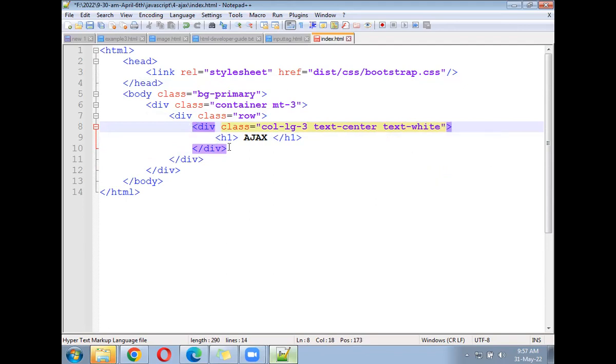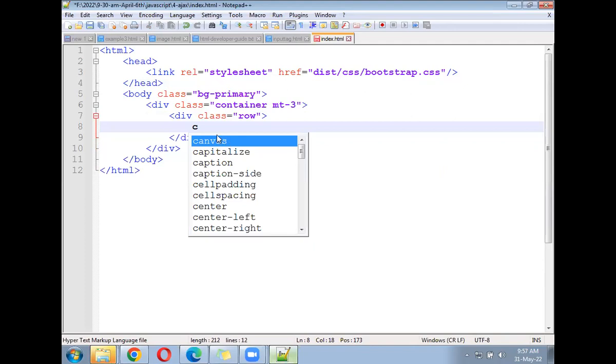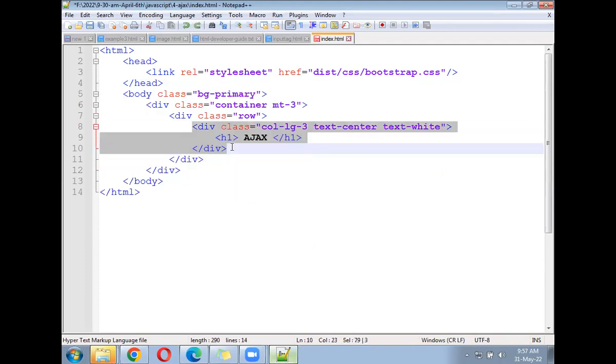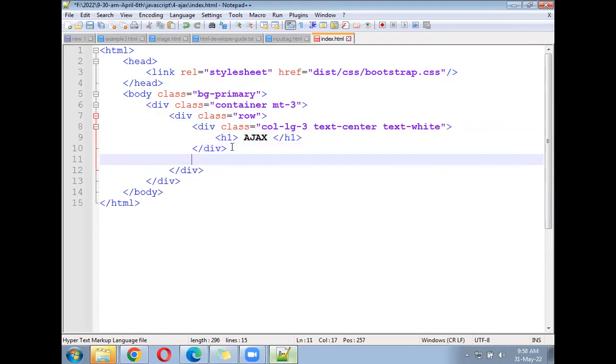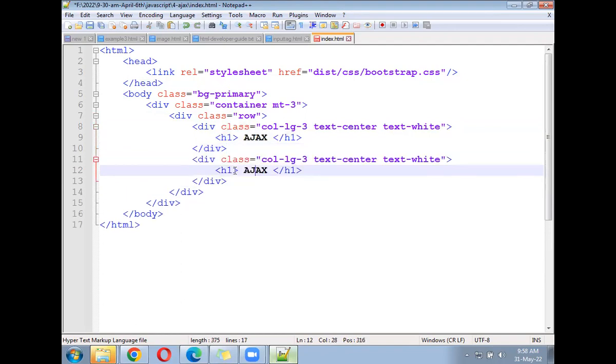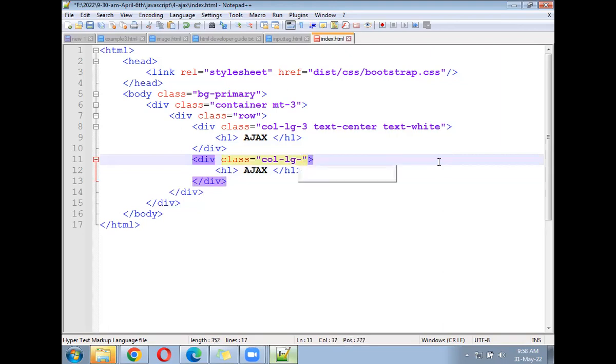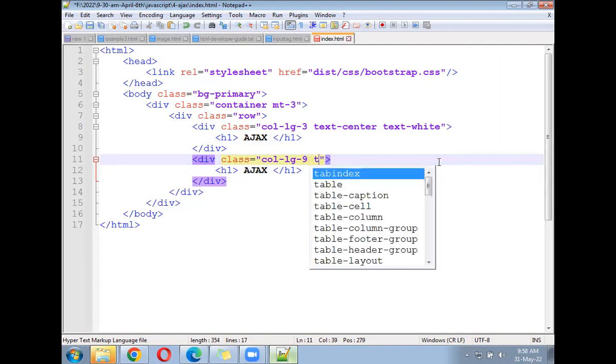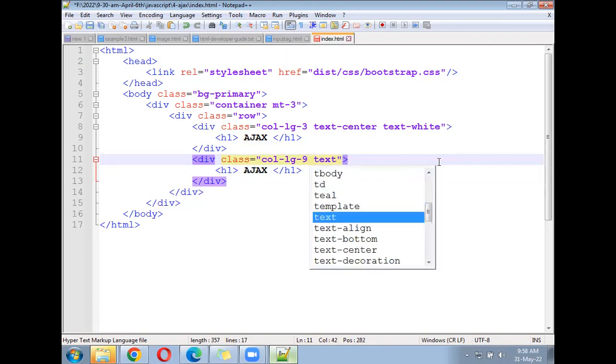Next we have a 9. Inside the 9 we will keep text-end